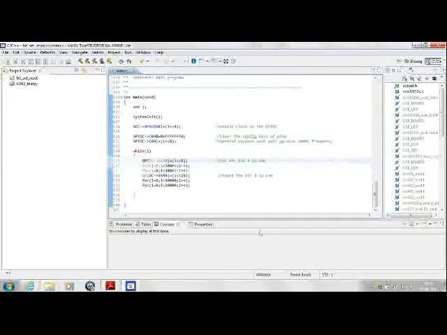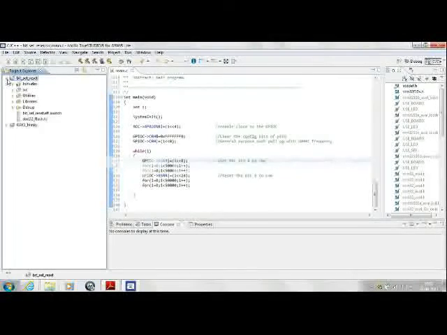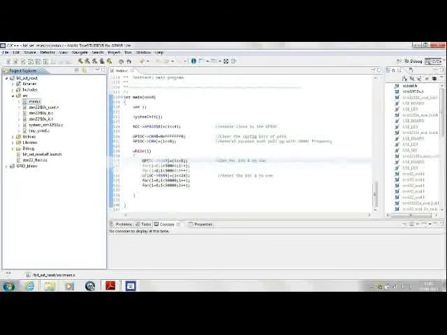What you see is the IDE startup screen. Because I've already used this before, you have a code already existing there. On your left you see the project explorer. It will give you all the possible projects that you have already worked on and will give you the contents of those projects.